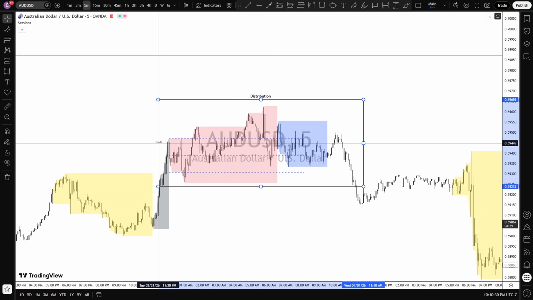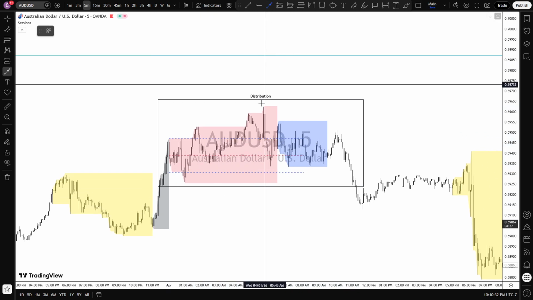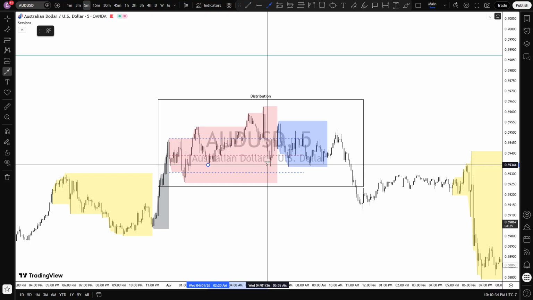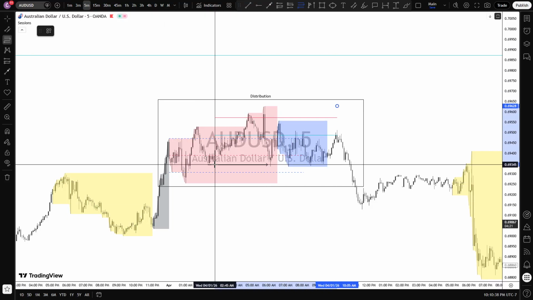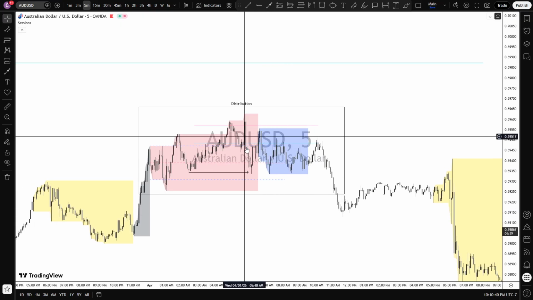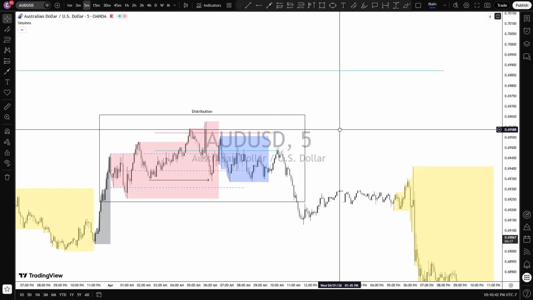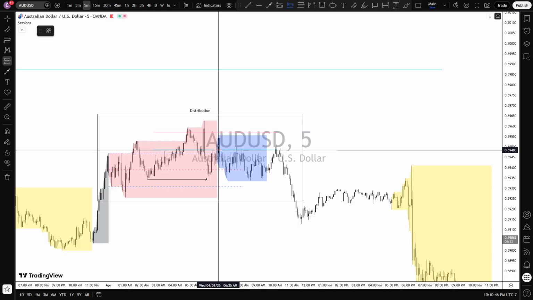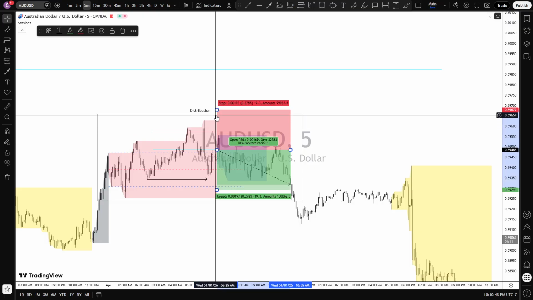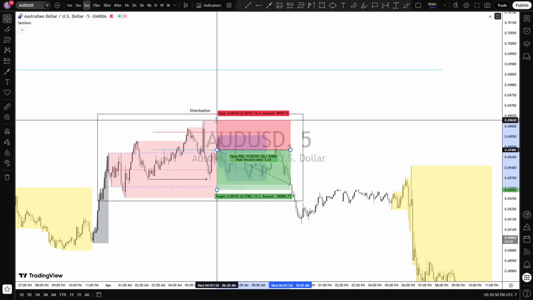This is a valid distribution, and then it broke. Gave a break of structure there, and then if we measure out this move, it came into this blue level, and then I would have probably split risk on the blue and red, so that would have been a